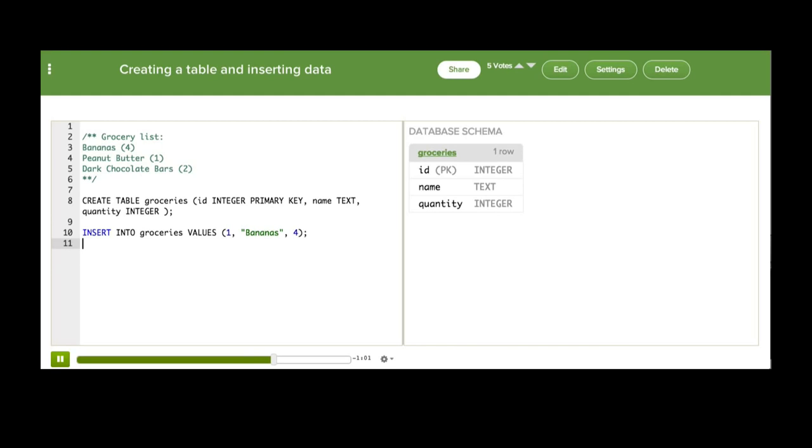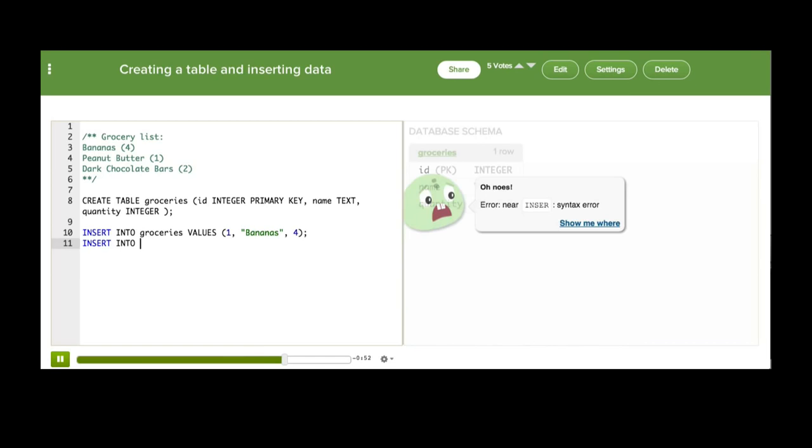Do you see how the schema updated on the right and now says that there's 1 row in the groceries table? So our insertion worked. Let's add the next 2 items and just do the same thing. Insert into groceries, values,